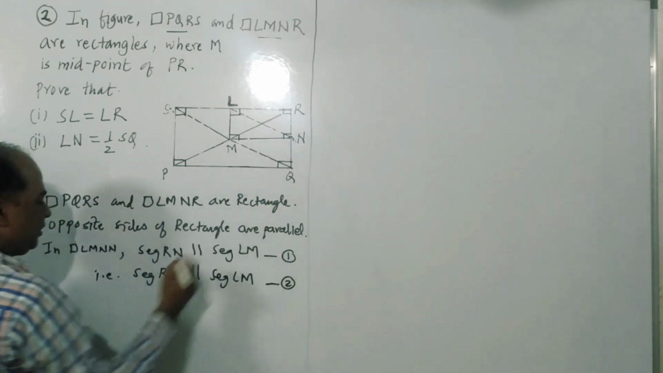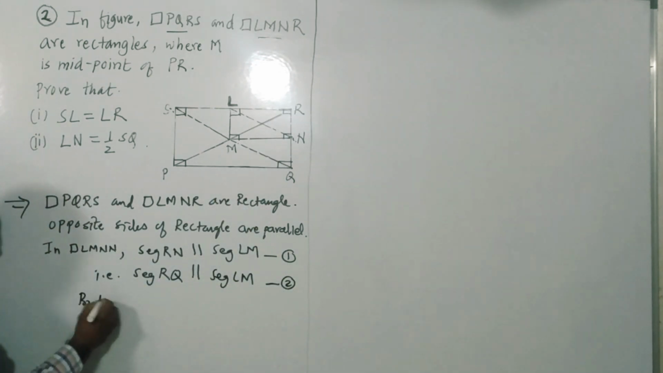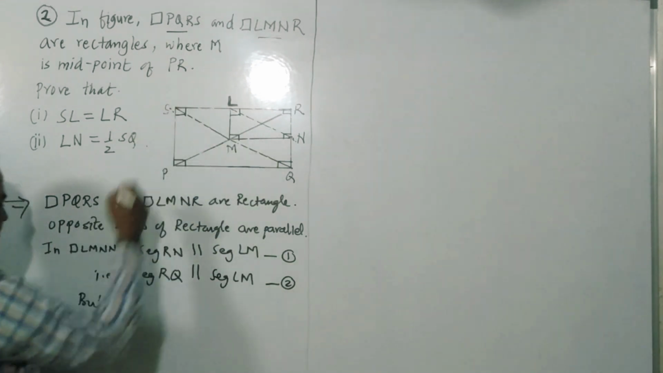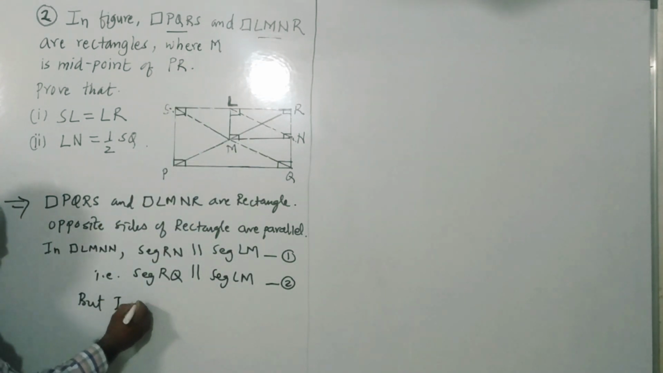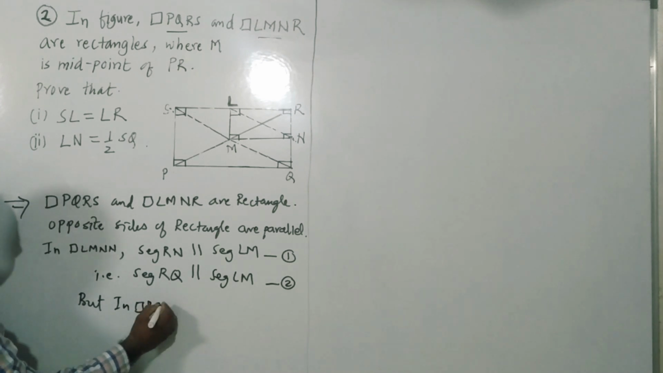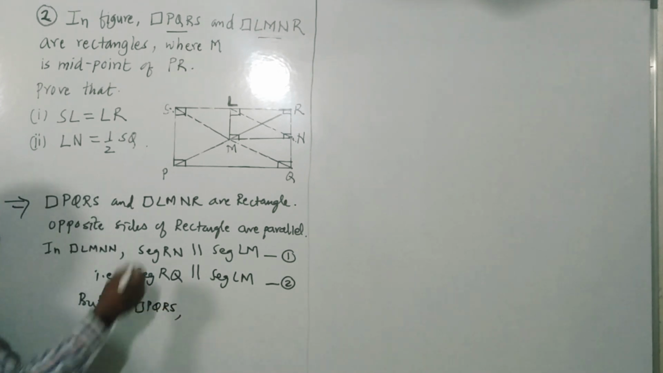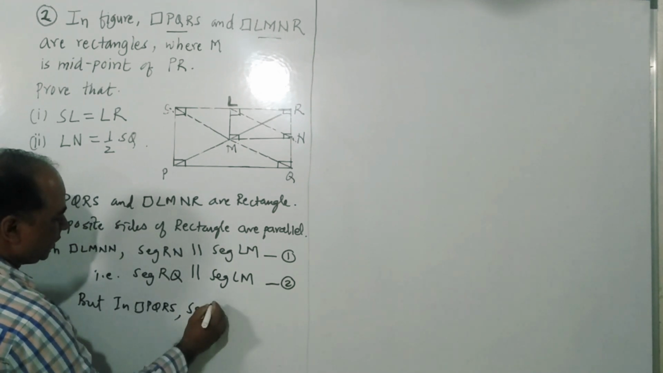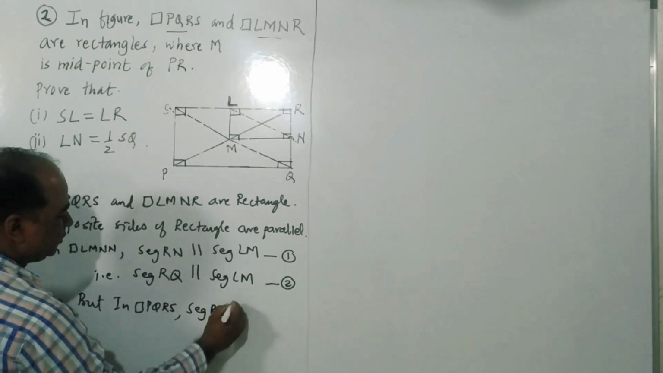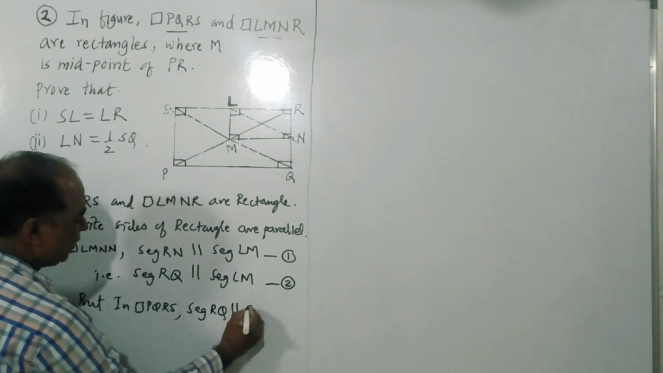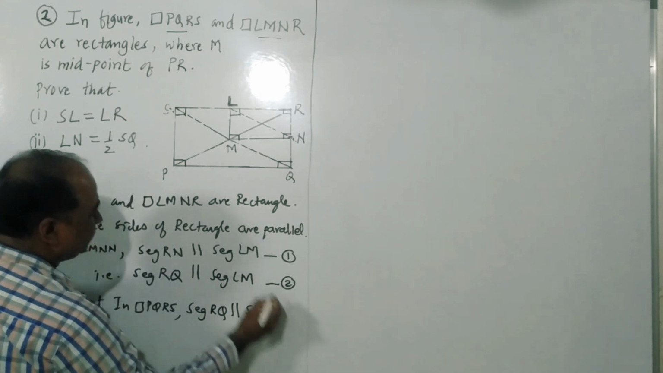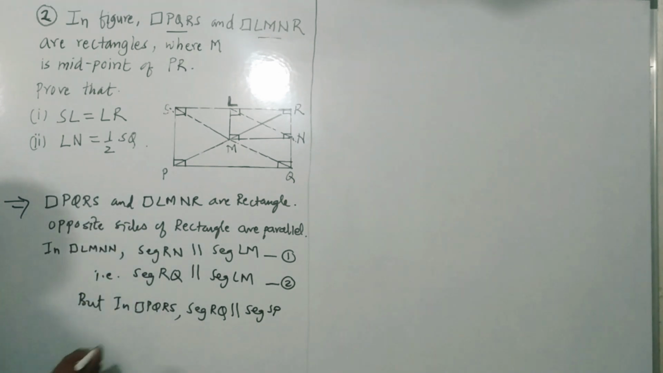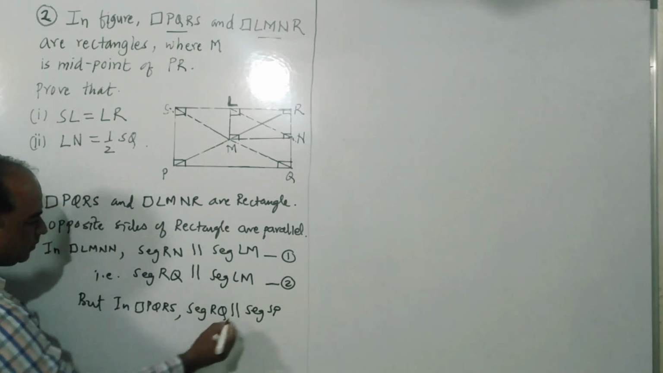But in quadrilateral PQRS, that is rectangle PQRS, segment RQ is parallel to segment SP. This RQ is parallel to SP. That is, therefore,